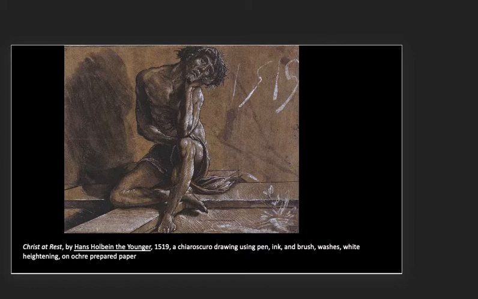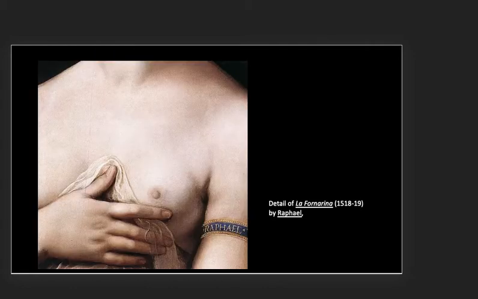So you already know a lot of artists, and if you see my notes there, which you can, who already deal with chiaroscuro: Rembrandt, Caravaggio, Vermeer, Goya. Here we've got Hans Holbein the Younger drawing Christ at Rest. And you'll notice that the dark, even though he's not coming out of a black space, the forms are rendered in such a way where there's such a high contrast, it's almost like a two-tone. And so that creates a kind of mood.